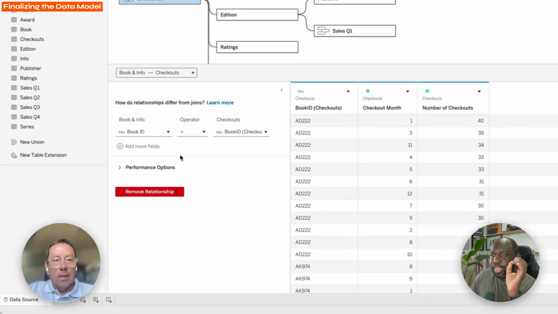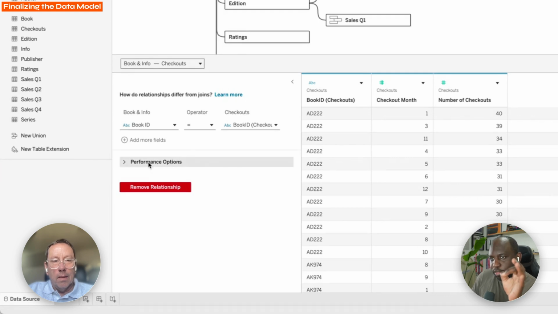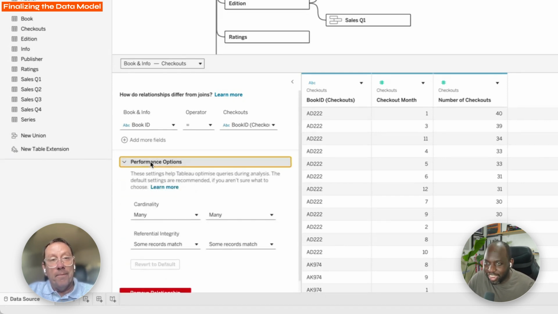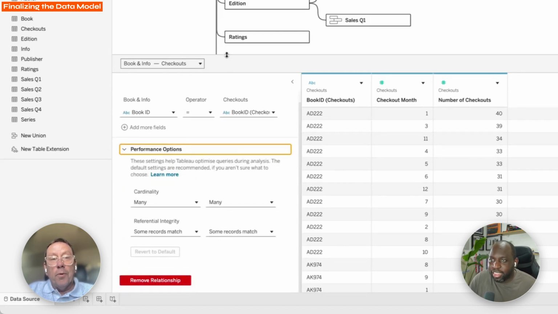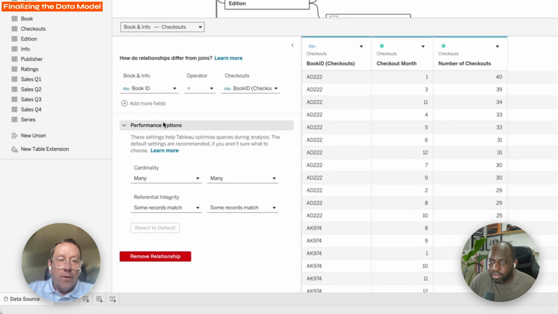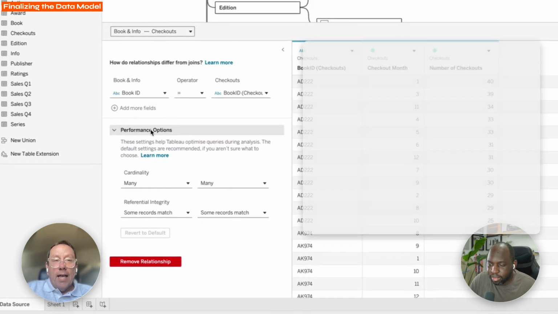But one thing I wanted to ask is a little bit more about these performance options. How often do you change these? Because truthfully speaking, I never touch these. I touch these at a rate approaching 0 for sure. It's closer to 0% of the models than 1% of the models. Right. The reason for this is Tableau has the